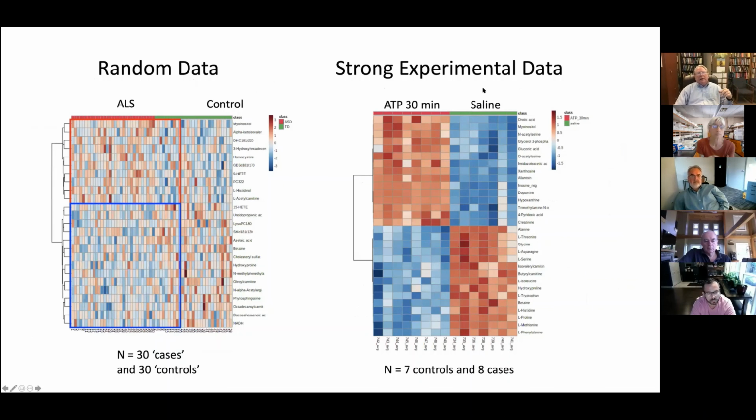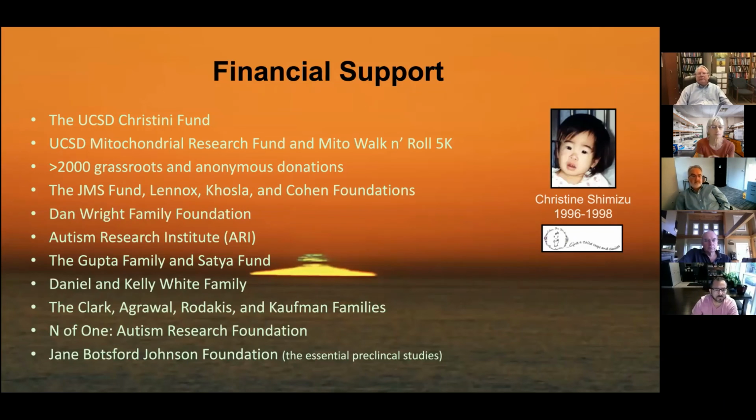But this, on the right, is what a real, strong data set heat map looks like, okay? With metabolites that are strongly increased and strongly decreased by treatment versus control. So that's it. And I'll take questions. So I was 2 minutes over, but